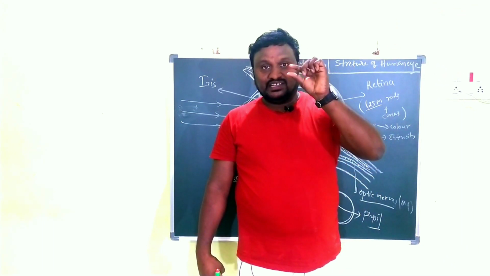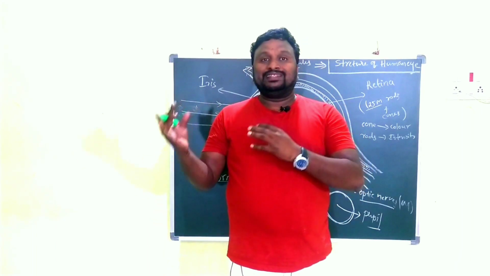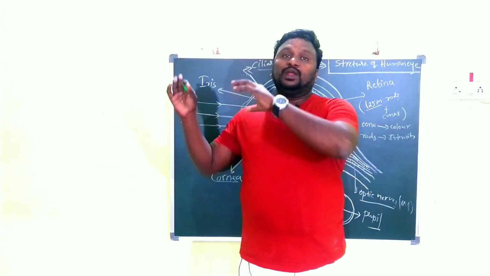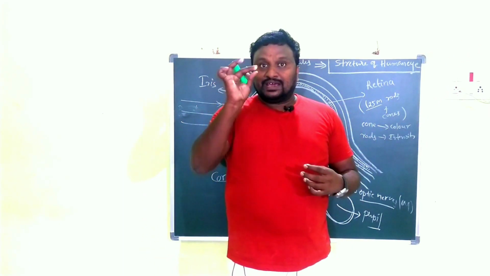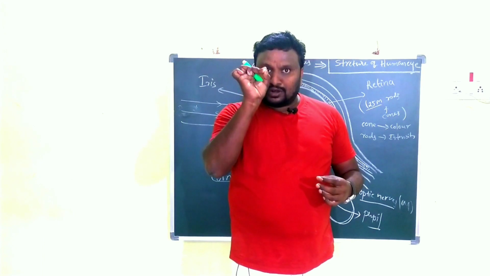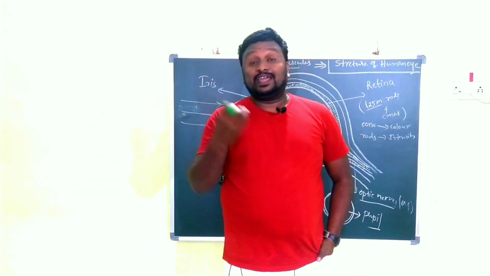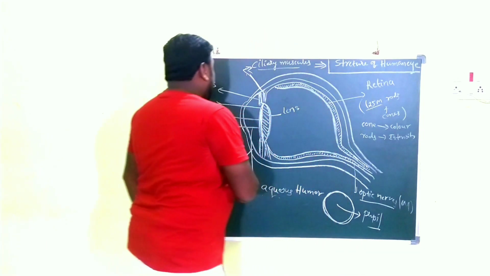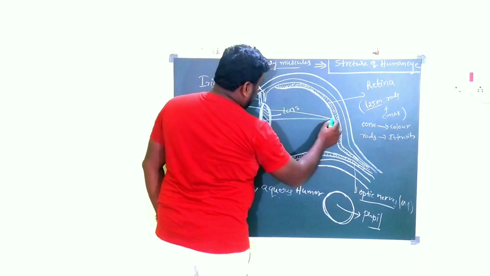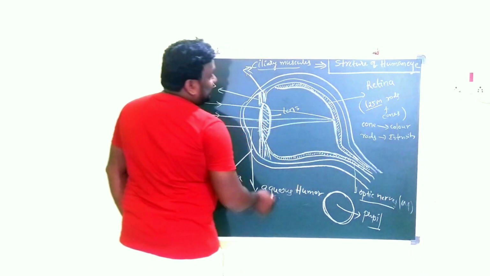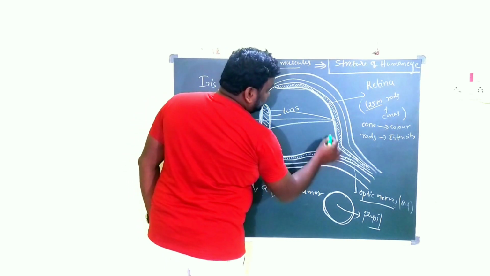The pupil is very small to see, but it does great work. When light falls on the pupil, it allows all the light completely into the lens. The pupil seems like a small dot, but it allows all the light falling on it. Those light rays form one image on the retina. This is the retina.